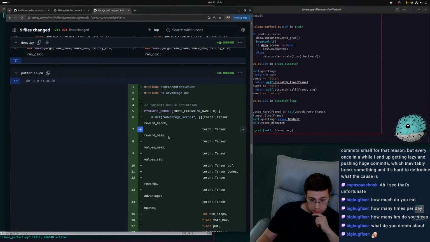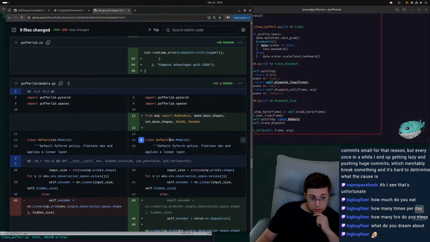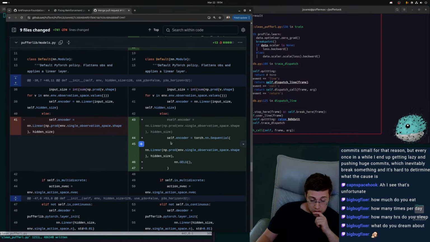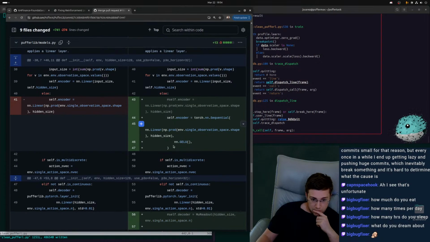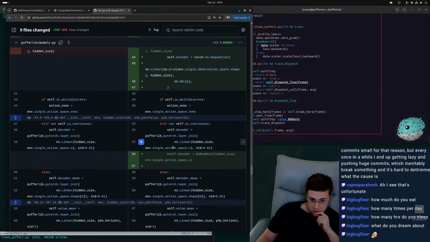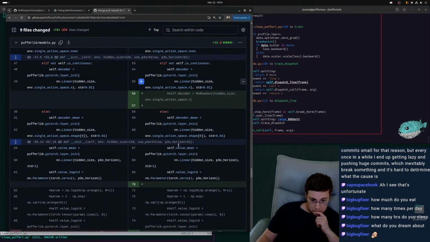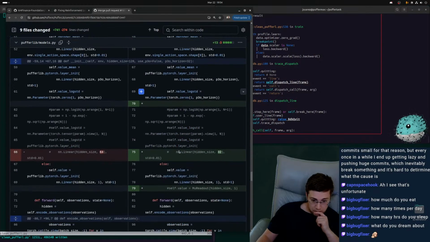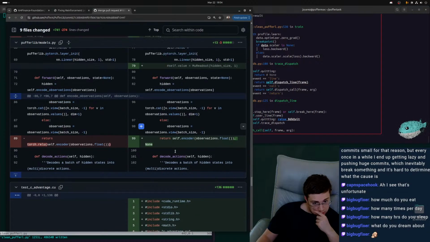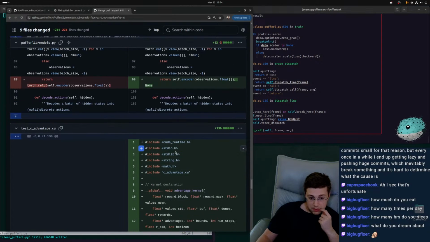Same size. CUDA. Your encoder. Got your decoder. Done.